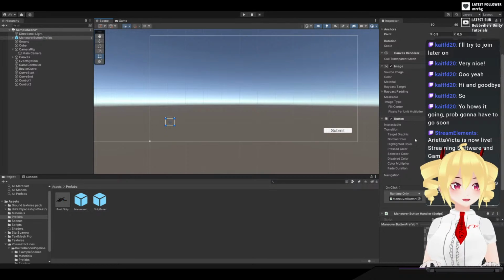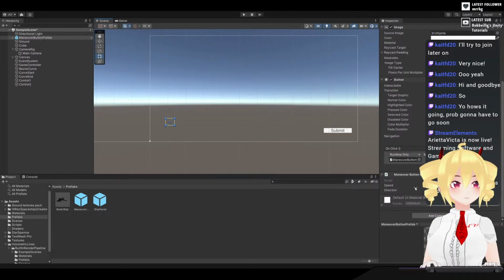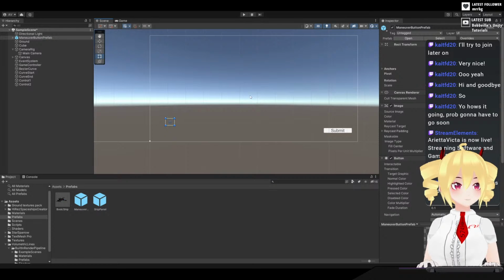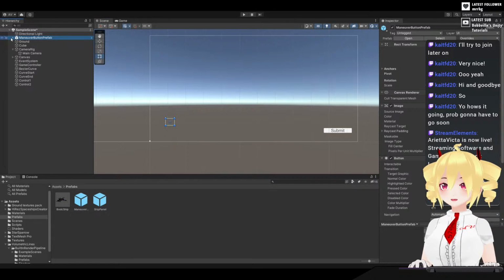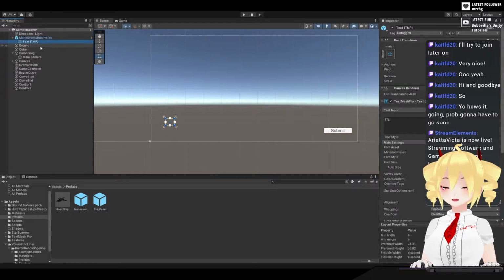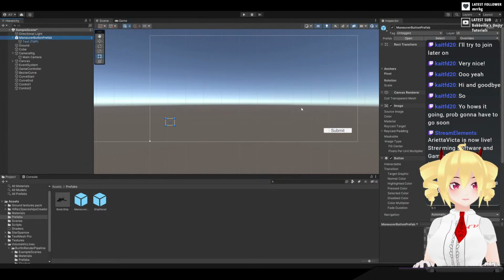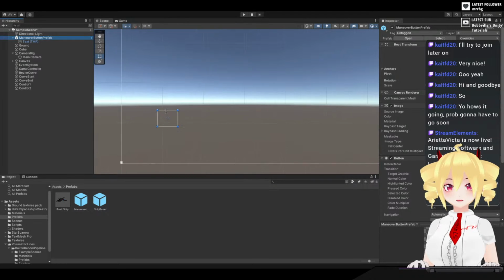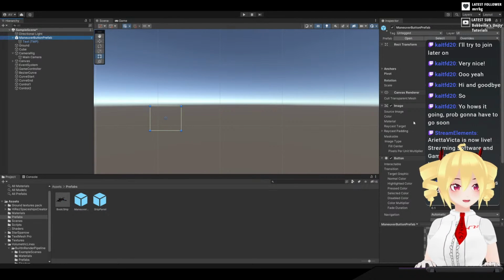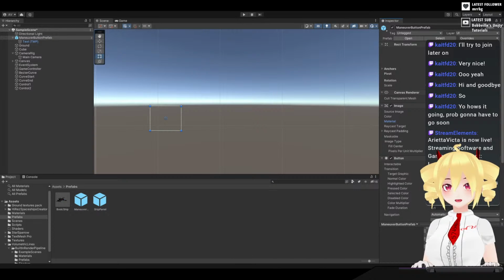Wow, it's actually kind of hard to tell what it is because the text is not set. Right? Oh no, it is set to 1TL. Why is it not colored in? It doesn't have a material. Doesn't it,